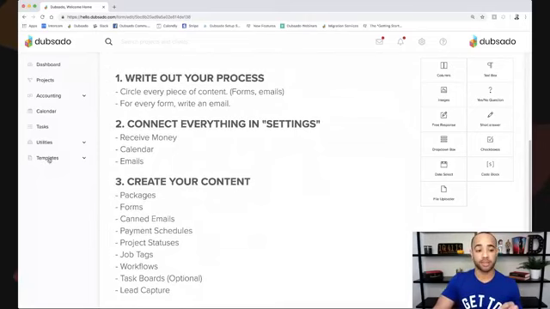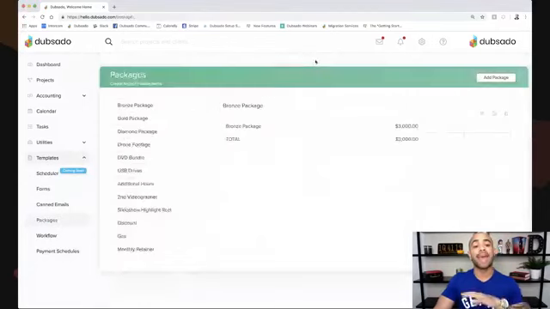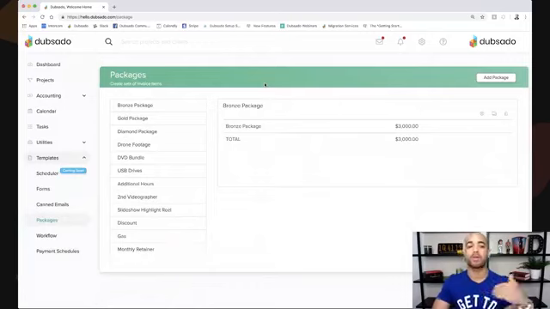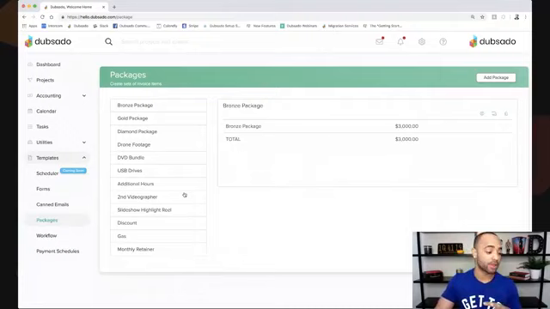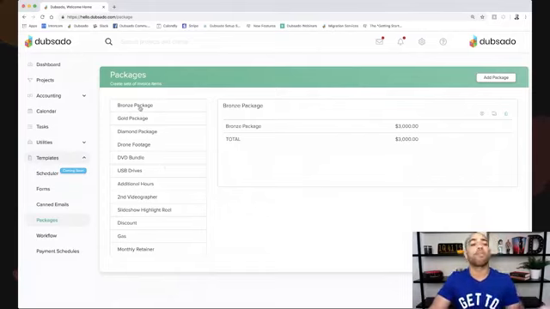If you go underneath templates and then go to packages right here, this is where you're going to create anything that has a price point. So a lot of people are a little bit confused about what's a package, what's not, how does what I offer fit into packages? So I want to explain what's going to go in this section here. Anything that has a price point, anything that it's going to be the same thing every time you offer to somebody. So for example, if you have like a bronze package or a gold package, a light package, anything that is going to be the same thing and you always offer the same package to a client,